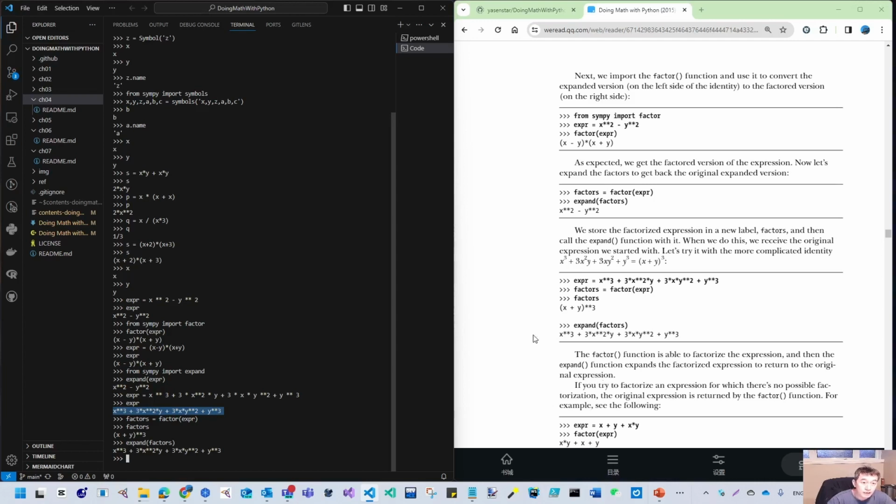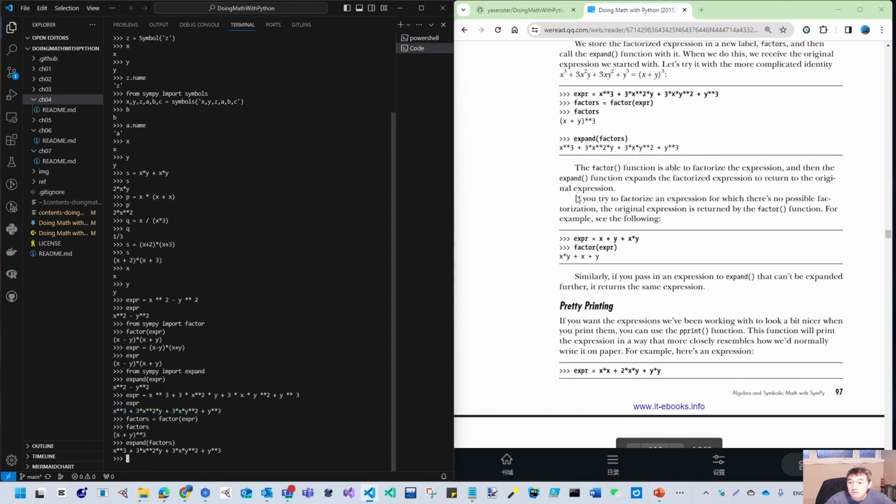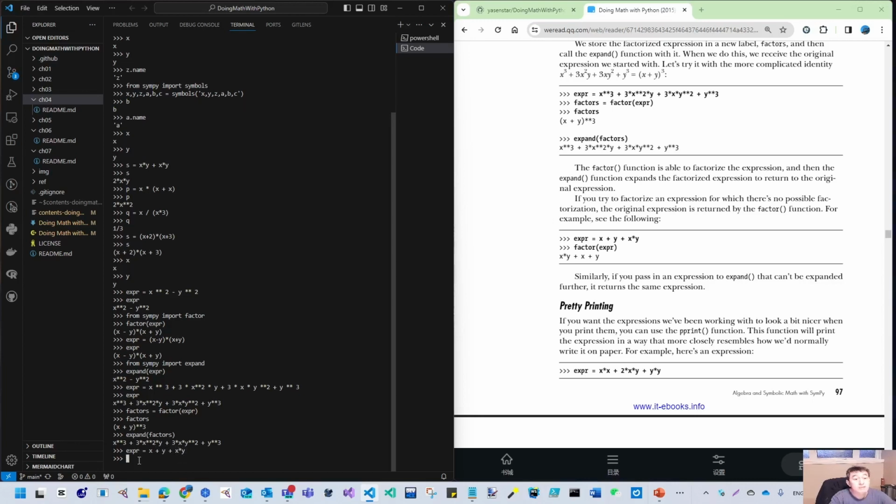But also be aware that you need to import from the different class. So if you try to factorize an expression for which there is no possible factorizing, the original expression is returned. So we will use this one. You cannot factorize an expression like x plus y plus x times y. That is already in its most simplified form. So if you want to do the factor